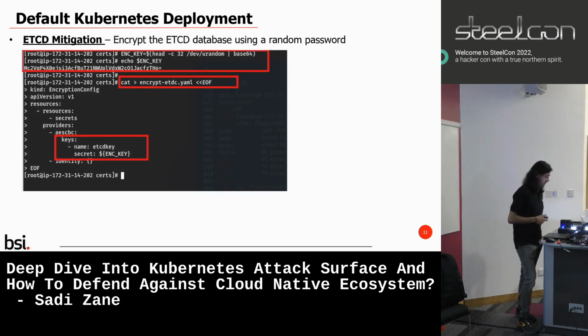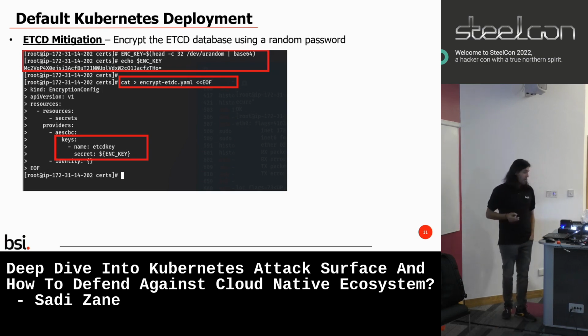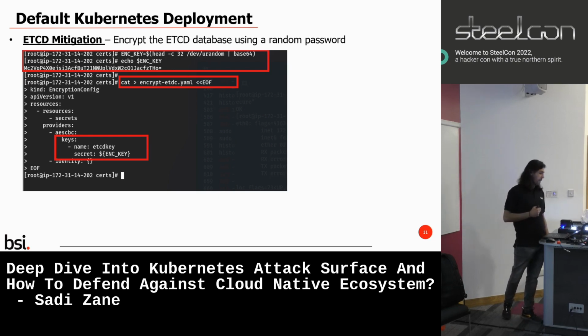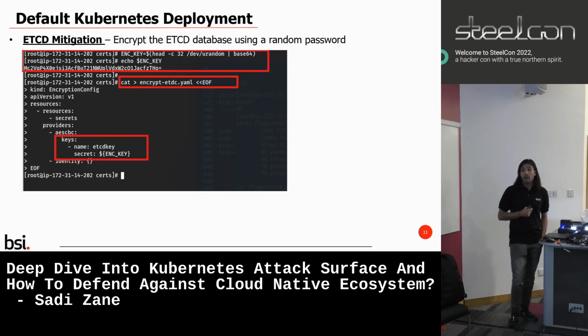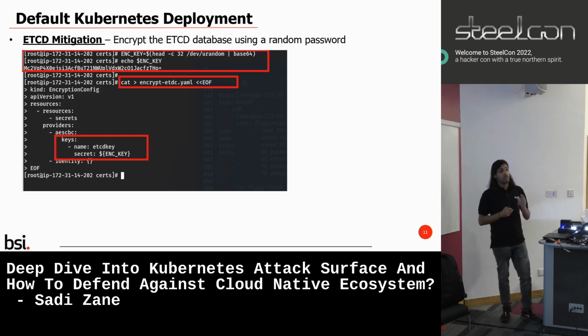So the steps are, I am creating a random base64 key, and then I am using the encrypt etcd YAML file. If you can see the kind type here, it's the encryption config, and the type of provider I'm using is AES-CBC, and then I'm specifying the key that I've generated. Once I've created the random base64 key, AES-CBC, and the config file,